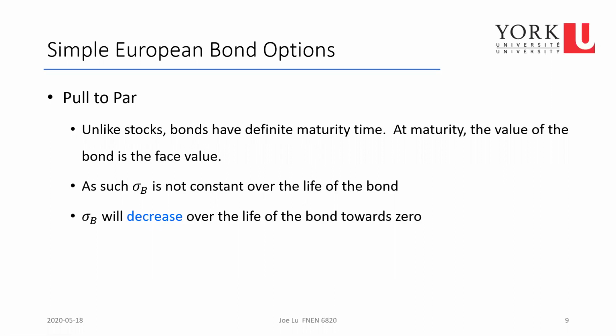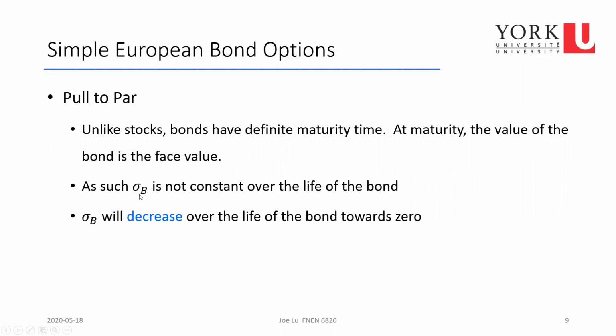A bond at maturity has a very definite value. A stock has no maturity, and there's no definite value at a particular time. Bond is very different. At maturity, the face value of the bond will be paid to the investor. So, that value is known. And when that payment is going to be made is also known. So because of this,